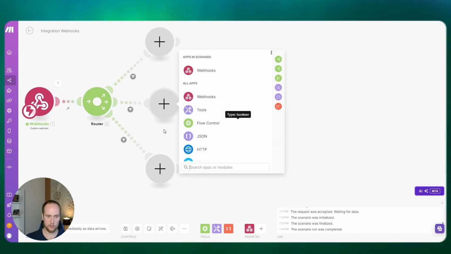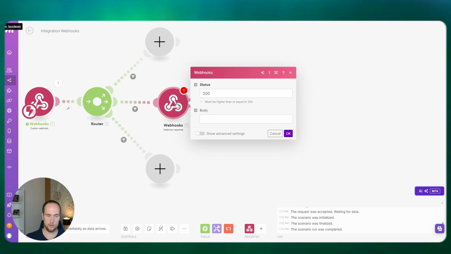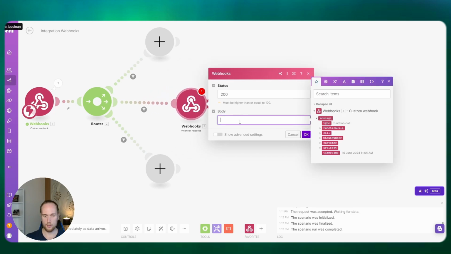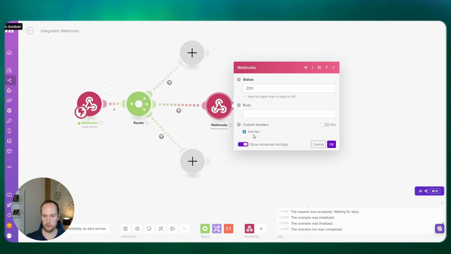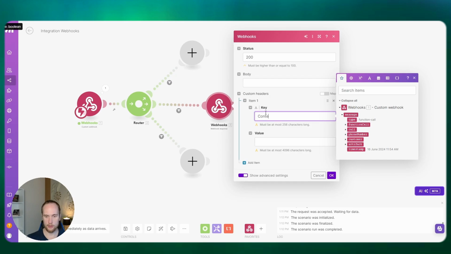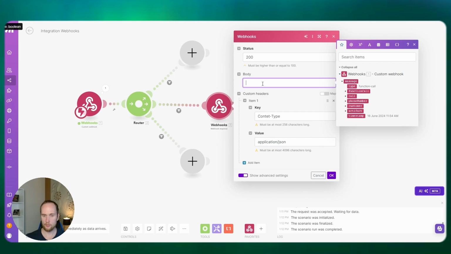All right, so the assistant request will essentially be a webhook response. And in here, what we need then is a JSON setup. Here we need to go show advanced settings, click on this. Here we type in content values application/JSON. And in the body, this is where we're going to put our whole assistant.